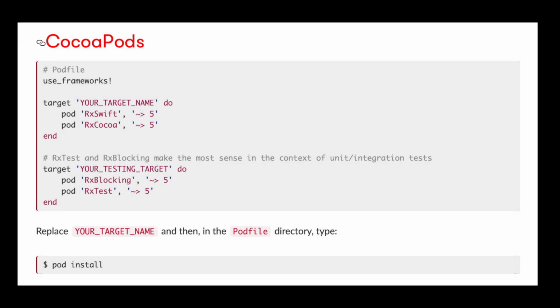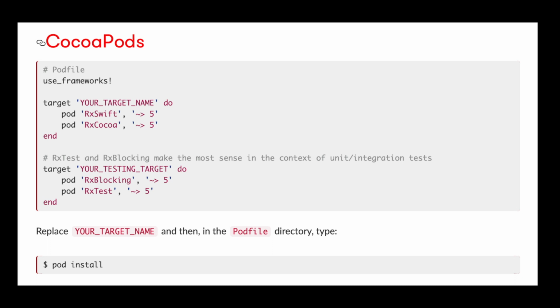At this particular moment, I assume that you all are aware of CocoaPods. In case of any problem, you can provide your comment in the comment box and I will definitely help you. To run RxSwift on your Xcode, you will need two pods: one is RxSwift and one is RxCocoa. You need to copy these two instructions in your Podfile and run pod install.